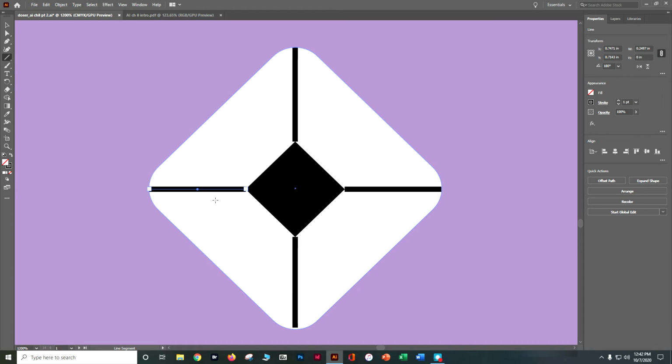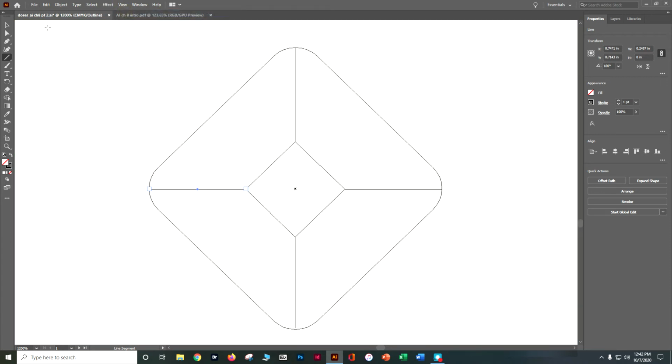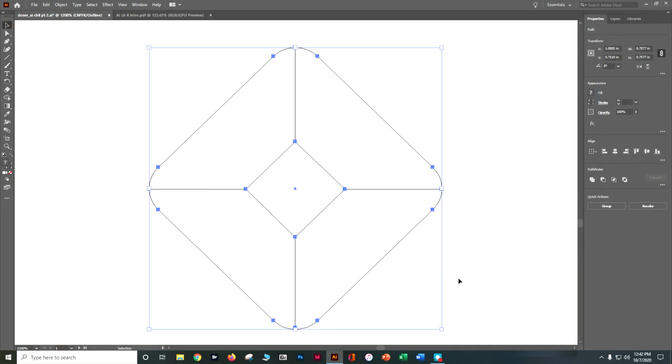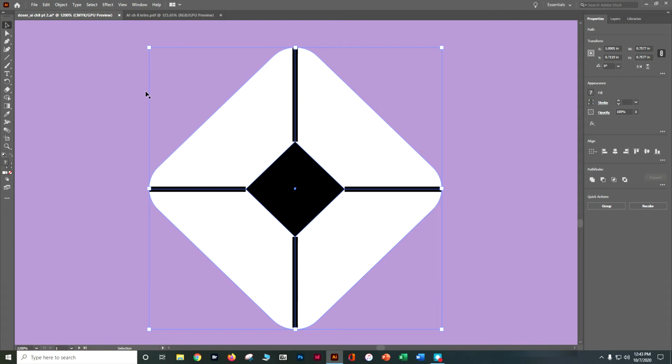So now what we're going to do is go ahead and create a live paint group. So first we're going to go to View and go to Outline and grab our selection tool so we can grab everything at once. Oh, undo, drew an extra line. Okay, so let's grab everything at once. So we've created that, and let's go View and Preview and switch back to GPU to make sure we've got